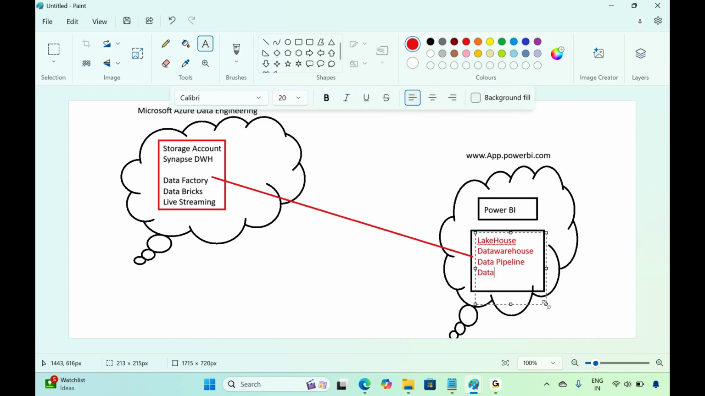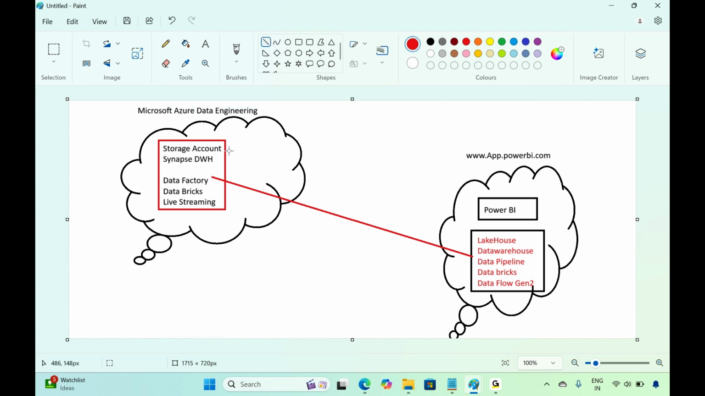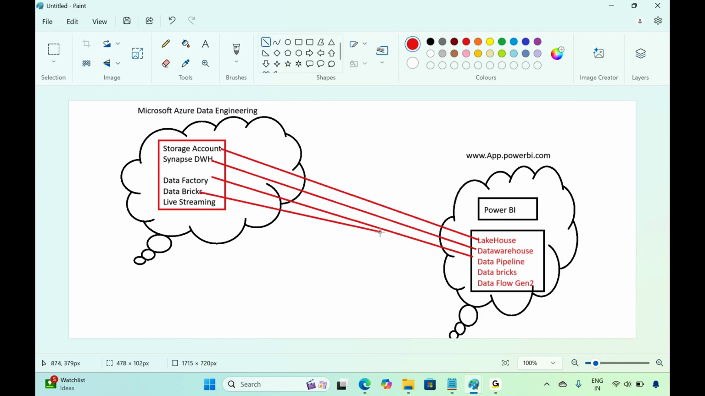The next one is Databricks. The next one is Dataflow Gen 2. This is another new ETL service that is coming. So storage account equals Lakehouse. Synapse data warehousing equals data warehousing. Data Factory equals data pipeline. Databricks equals notebooks. Live streaming is also available inside the